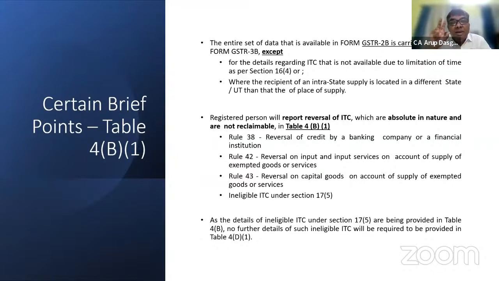दो चीजें जो हम लोगों को ध्यान रखना पड़ेगा कि जो अपने एलिजिबल क्रेडिट में 2B में नहीं दिखेगा और जो हम लोगों को 3B में नहीं लेना है, those two things are: one, the supplier has uploaded invoices after 16/4 date. That means for the due date of filing of that 16/4, the availing the credit under 16/4, that is gone. So for this year till September 2022, it is for 2021. So as we move from September 2022 मतलब October 22 जाने के बाद अगर कोई सितंबर का रिटर्न नहीं भरता है, मतलब 21-22 का रिटर्न कोई जाके जनवरी में भरता है, तो उसका जो मेरे पास 2B में आएगा वो इनएलिजिबल क्रेडिट में दिखेगा, एलिजिबल क्रेडिट में नहीं दिखेगा।